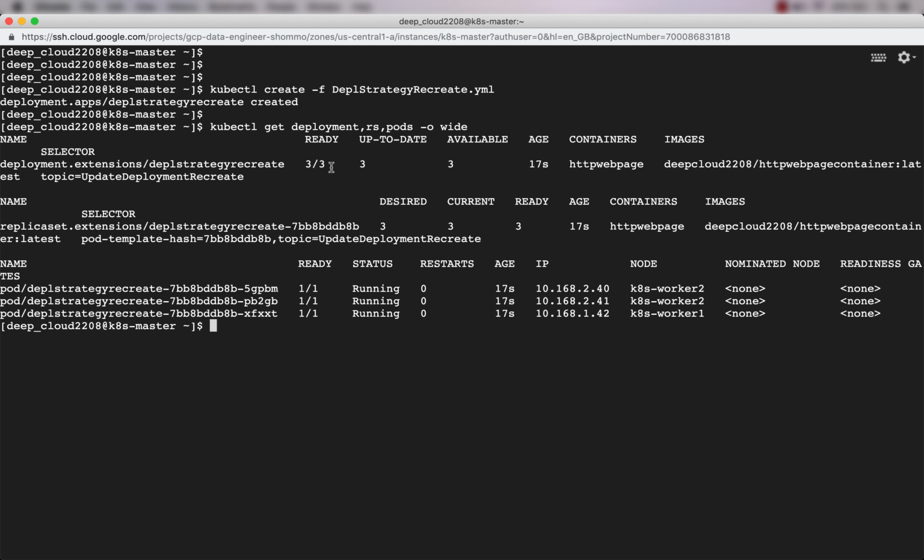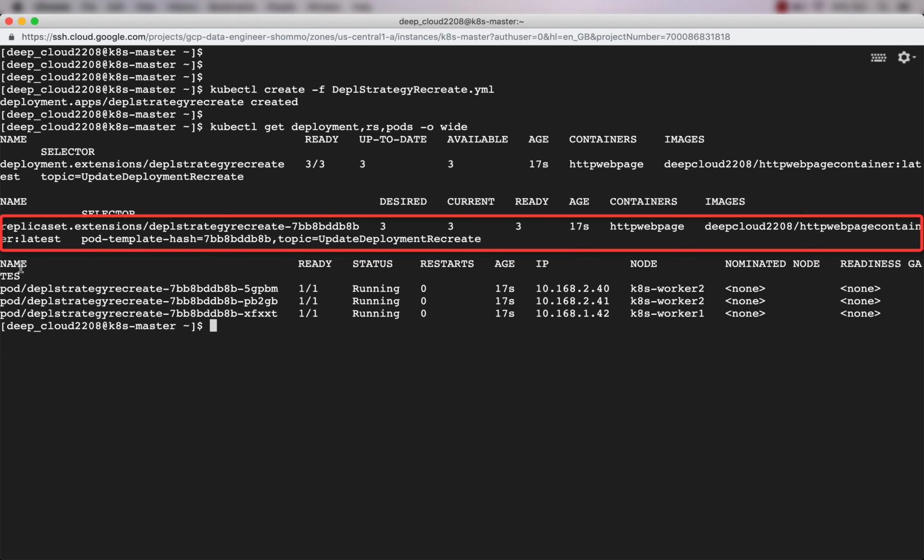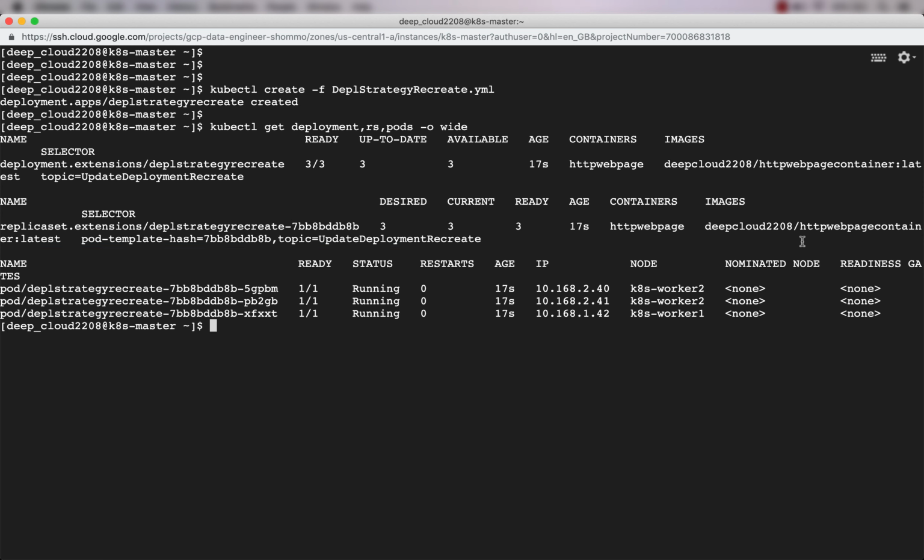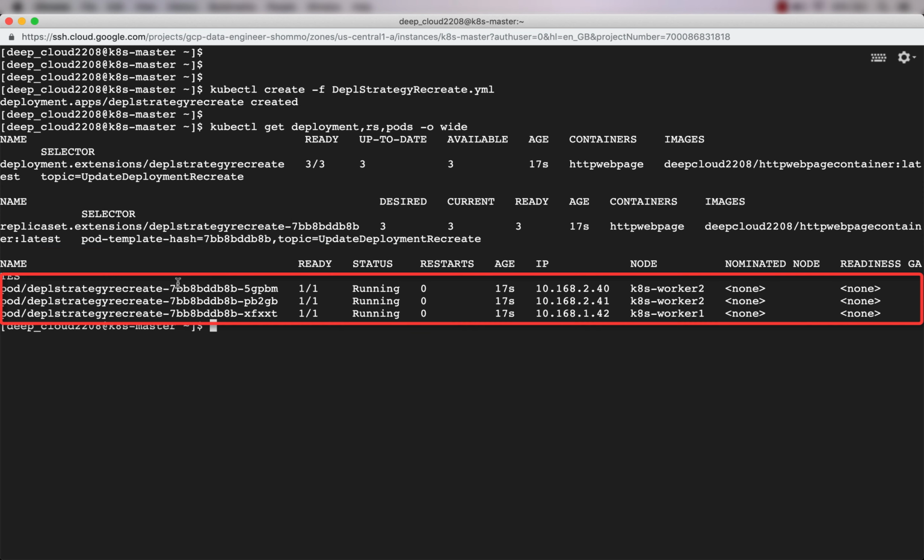It has 3 pods running, and the container is the HTTP web page, and this is the image of the container. Then this is the name of the replica set, and the replica set is deployment strategy recreate with some hash and the images and stuff. And these are the pods with this IP. One of them is running in worker 1 and 2 pods are running in worker 2.